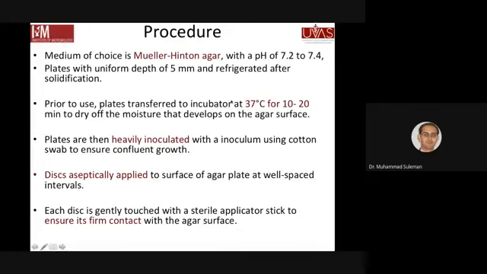अगर आपके पास कोई सैंपल आता है तो आप उसको इंक्यूबेटर उधर से निकाल के, फ्रिज में से निकाल के इंक्यूबेटर में रख लेंगे फॉर 10 to 20 minutes टू ड्राई ऑफ द मॉइस्चर. जितने वो थोड़ा सा कंडेंसेशन आ जाती है फ्रिज में, वो उसकी ख़त्म हो जाएगी. Afterwards, once you take it out, the plates are heavily inoculated with the inoculum using a swab to have confident